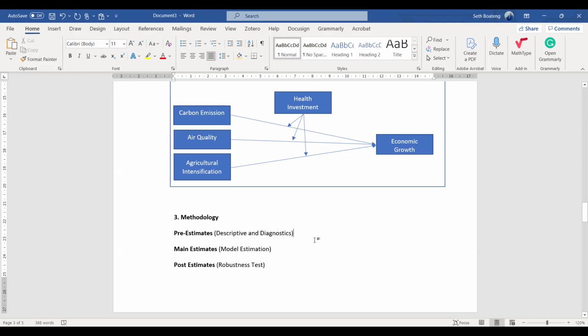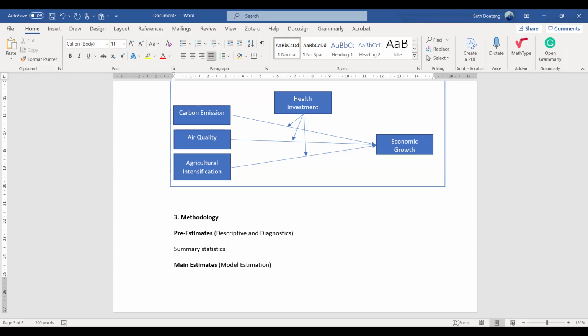So for the pre-estimate and the diagnostic checks, you can do the summary statistics, but these things vary based on the model you want to use. If you are using machine learning models, it will not be the same as using econometric models. Even with primary data analysis, like smart PLS, logistic regressions, survey, qualitative, these things vary.